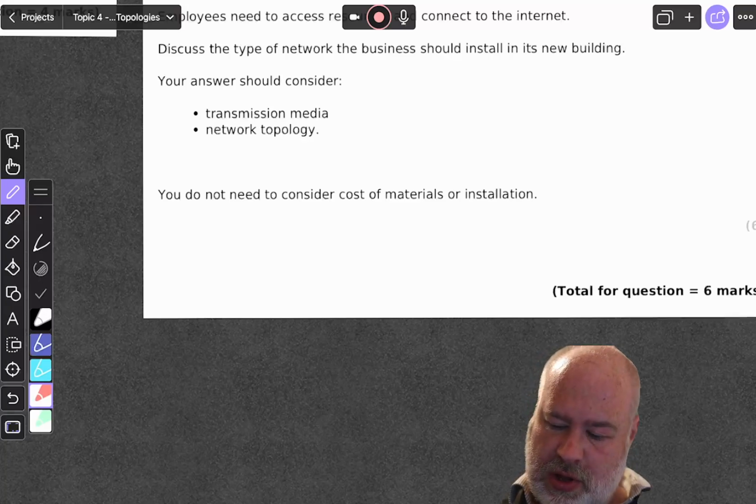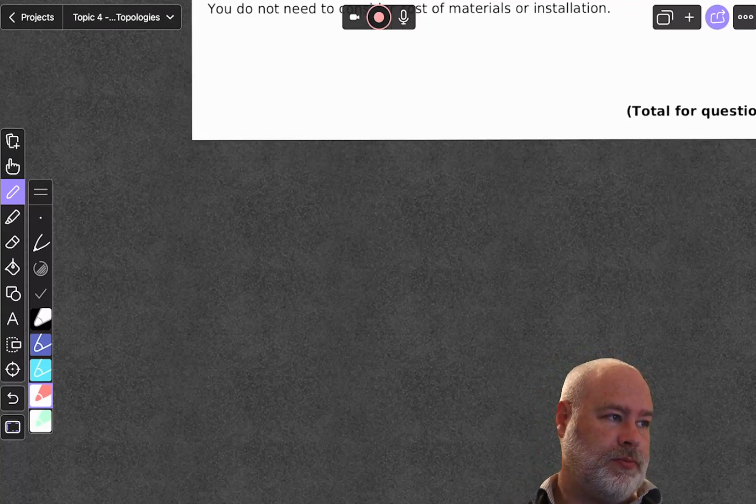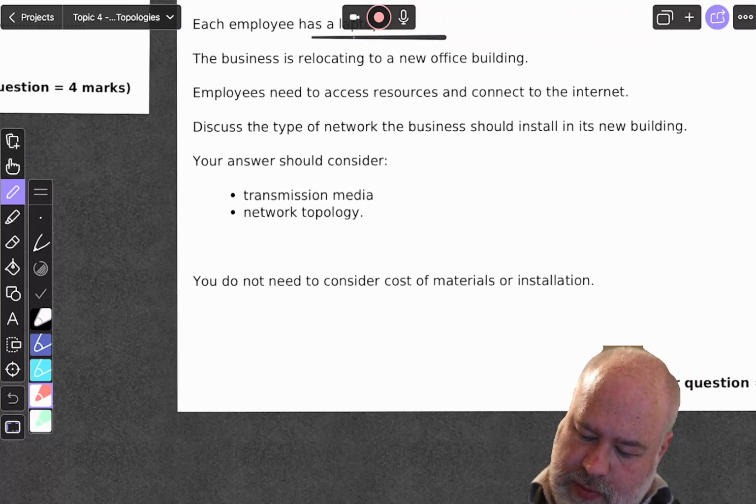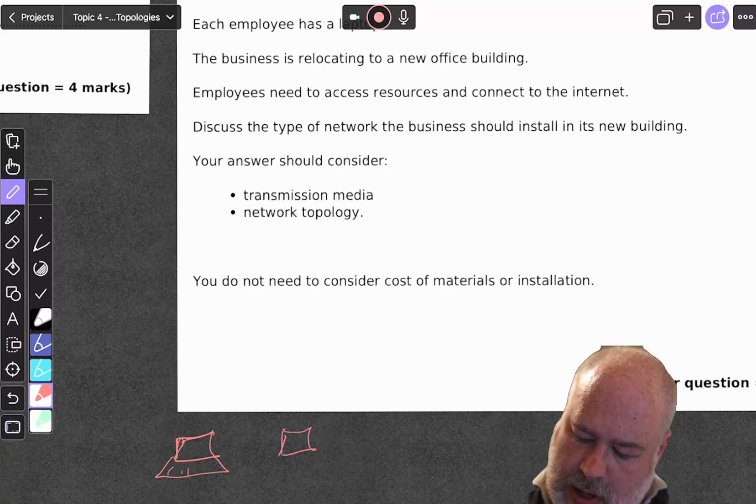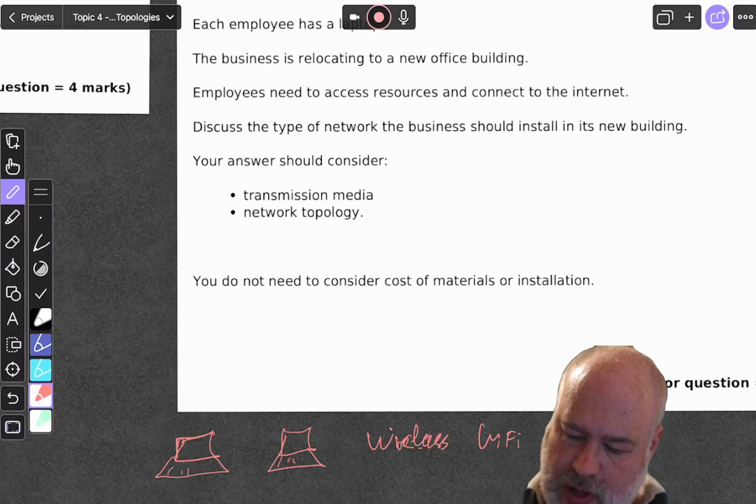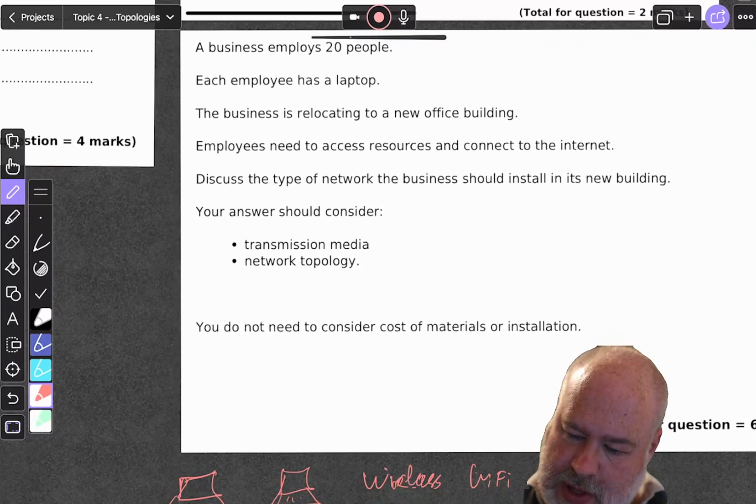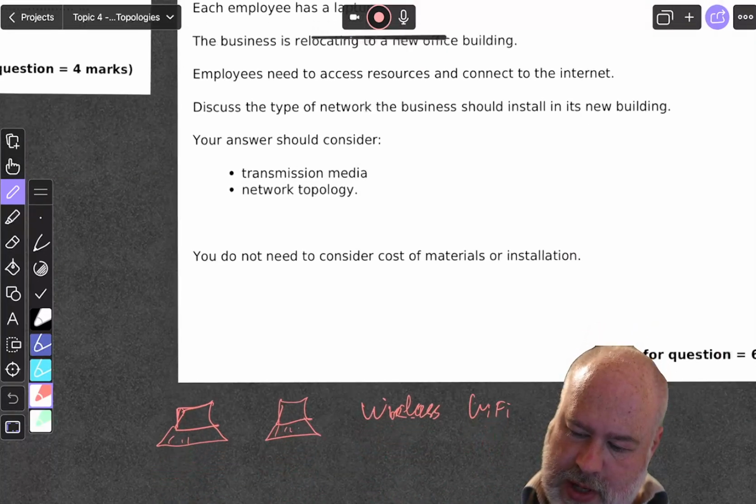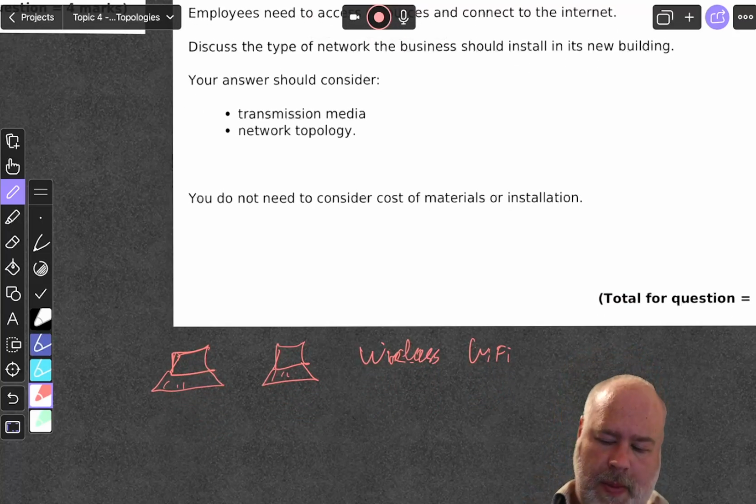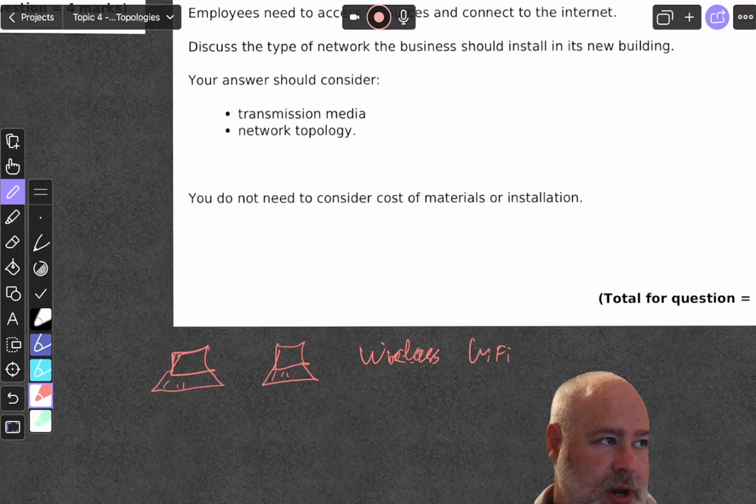I think for this kind of question, I sort of just break it down. Each employee has a laptop. Okay, so they've all got their laptops. That's fine. Which are going to be easier to connect via wireless, aren't they? All laptops have wireless connections in there. So Wi-Fi is a must, isn't it? The new office building needs to access resources and connect to the internet. Okay, right. So in terms of transmission, I think it would be prudent to say